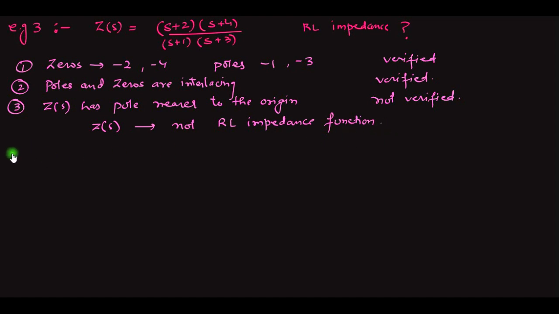Let us discuss the next numerical. Okay, here Z of S is given, which is equal to (2s square plus 8s plus 6) divided by (s square plus 6s plus 8). And we are again required to check whether it is an RL impedance function or what kind of function it is. We will start by checking whether it is the ratio of even to odd polynomials. As we can see, it has s square, s and s raised to power 0. So certainly it is not even. Similarly, it is not odd. It is a general polynomial. So certainly it will not be an LC impedance function.